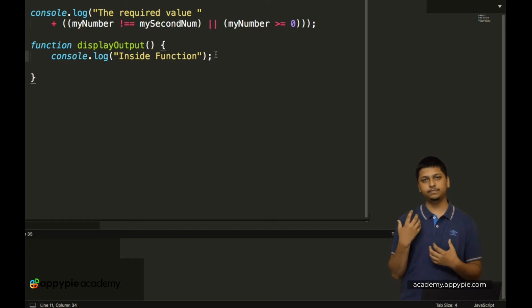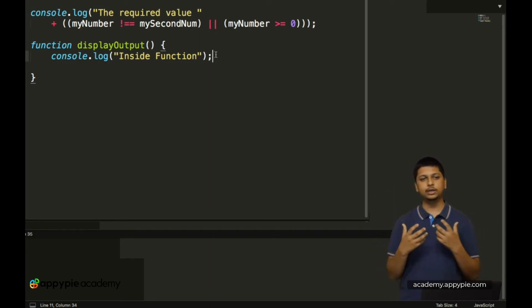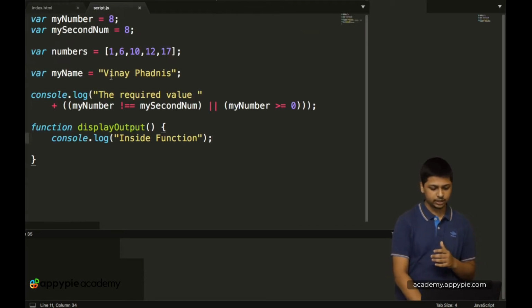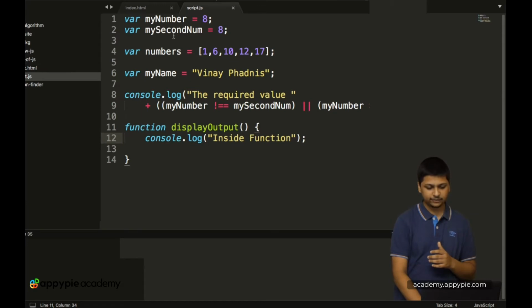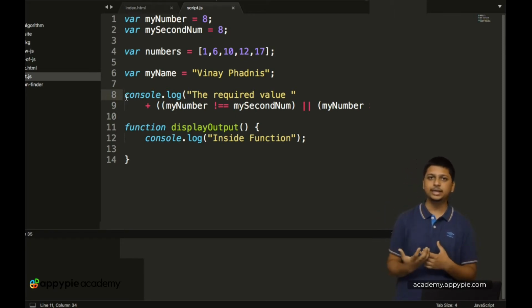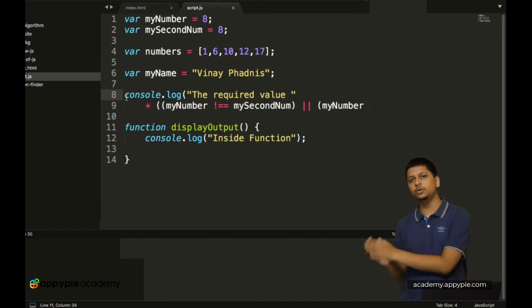A very important thing about a function is that you have to call the function sometime inside your code. Over here, as you can see, we have our name and then the console.log. Let's get rid of this, and you can either delete it completely or convert it into comments.